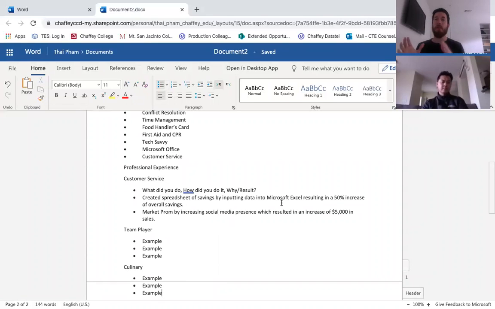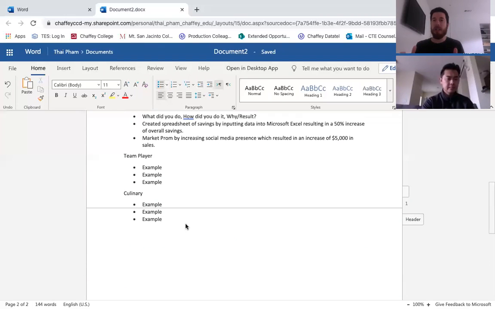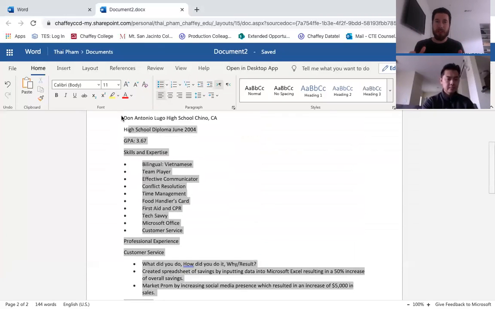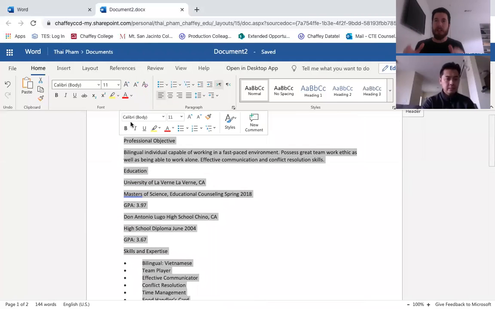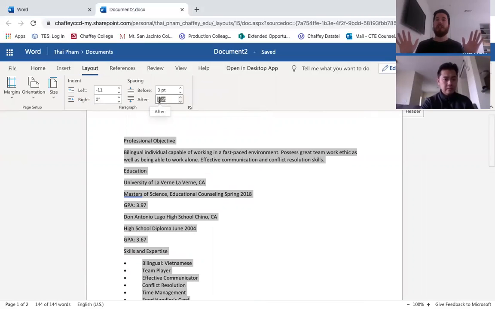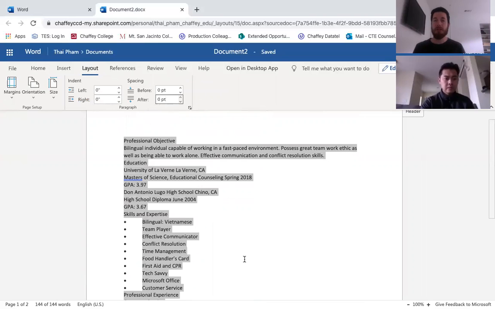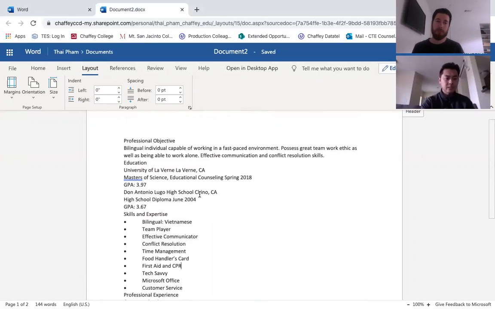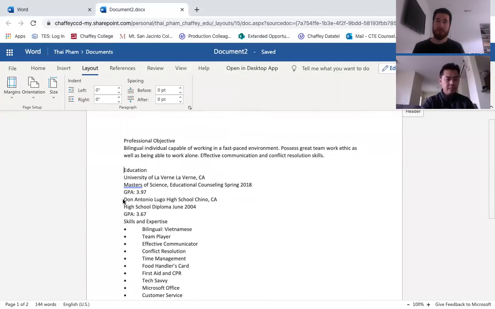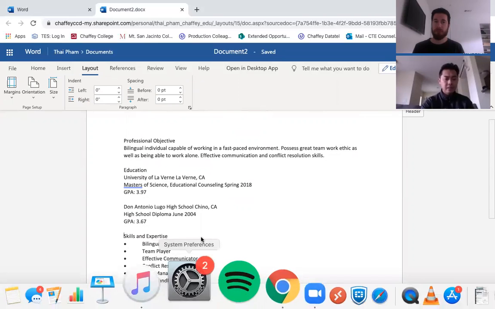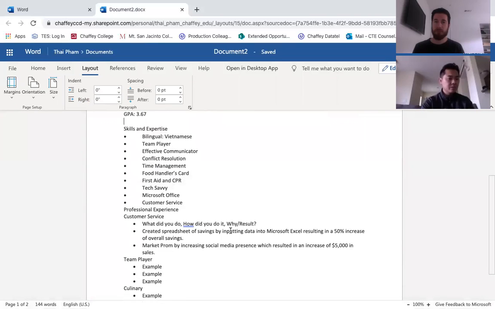So it doesn't matter where you go or who you work for, you're always going to be a strong communicator. You're always going to have customer service. You're always going to be tech savvy. You're always going to have these specific traits that you don't lose when you leave the company. Yeah, that's a good point. So again, you may be thinking to yourself, I don't have this and this, but you do have these transferable skills, as Mr. Prolara was mentioning, that can be brought into other areas.